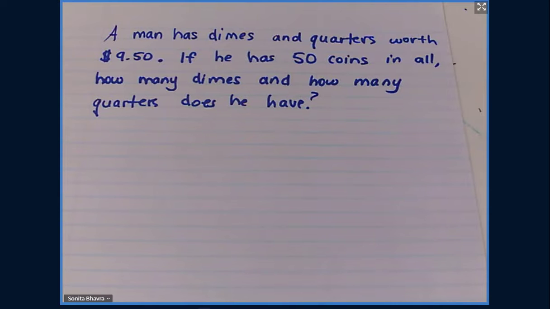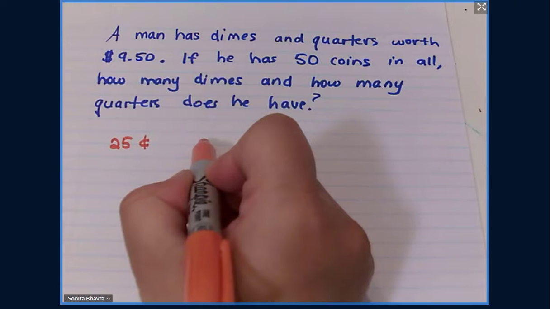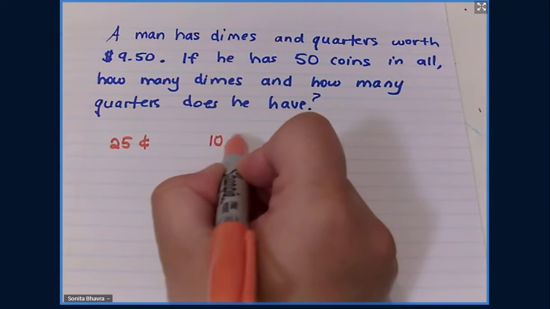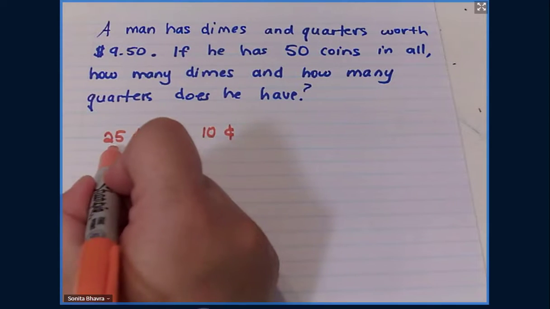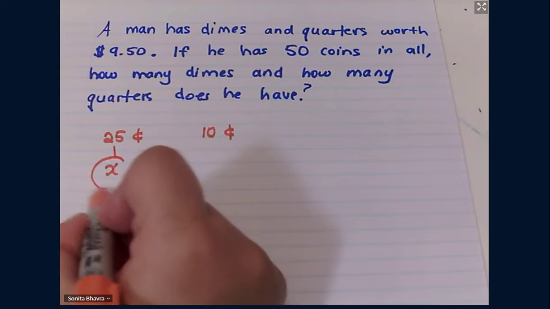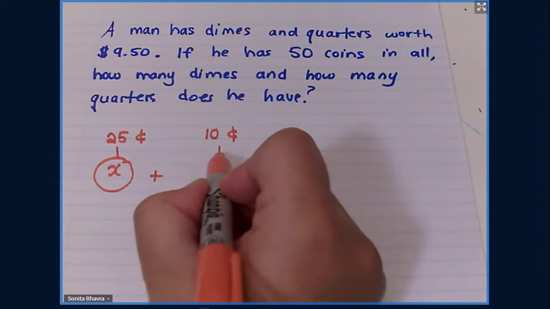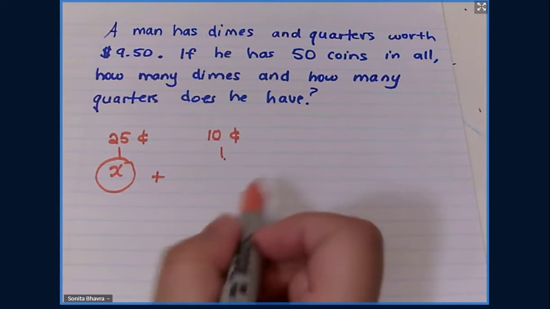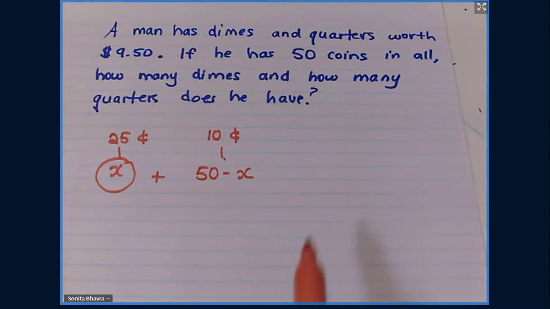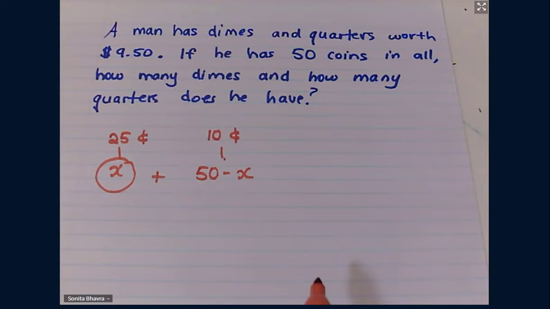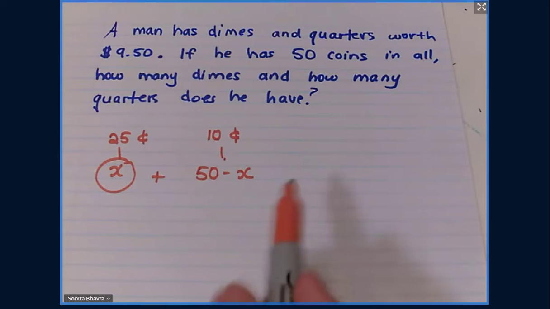All right, so we have 25 cents for quarters, and we have 10 cents for dimes, and we'll call 25 cents X, and 10 cents we will call 50 minus X, right? Because there's a total of 50 coins, and if we call 25 cents X, 50 minus X will give us